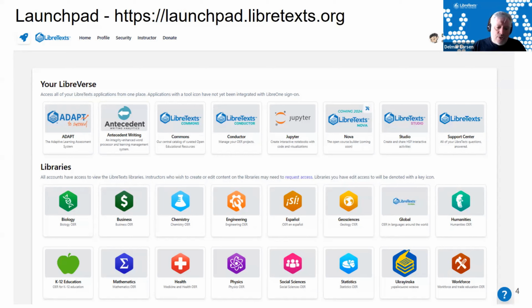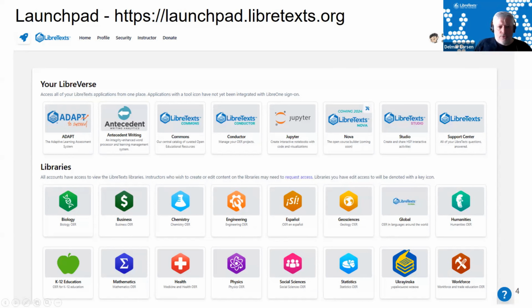So when we started to expand the scope of our effort from just textbook related material into other aspects that we wanted to focus on, we just rebranded what we are building, this open courseware, as the LibreVerse. This was something similar to how Marvel rebranded the MCU into the multiverse the last few years, because I was a big comic book fan when I was younger. So if you were to go to this URL, launchpad.libretext.org, it is a map of the LibreVerse.